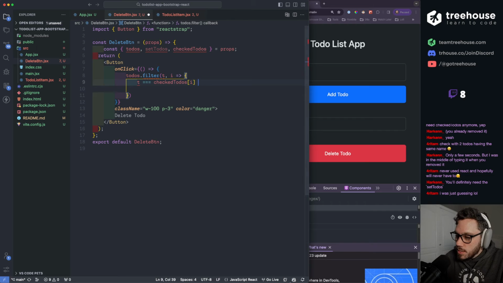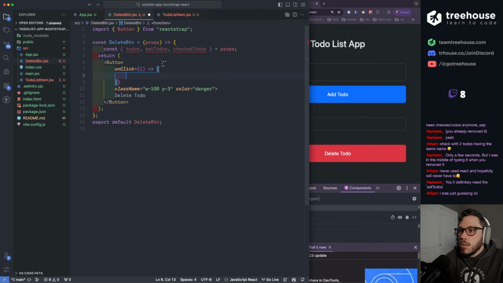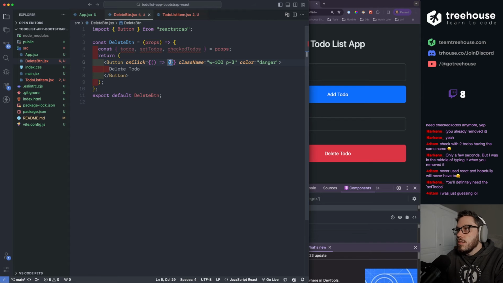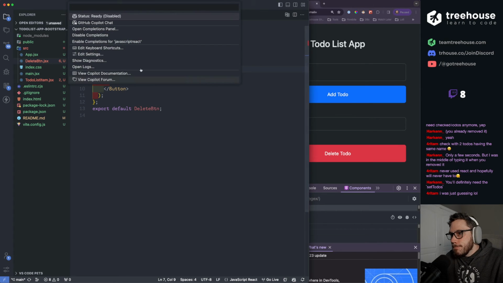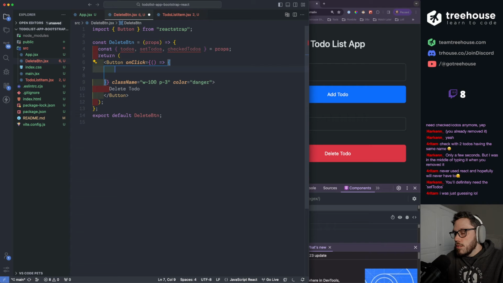Let's see what Copilot says. Enable completions. So it's saying set to-dos will equal to-dos.filter.